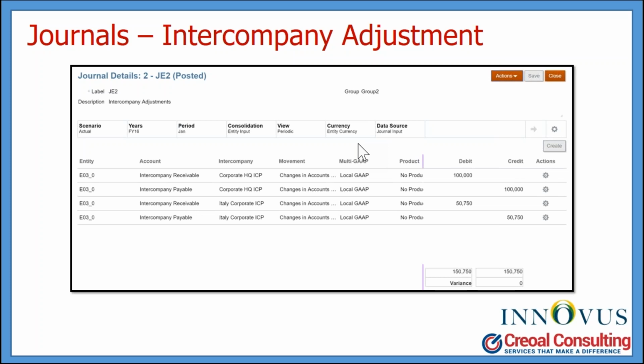But the other use case that you could see is topside entries for things that you just couldn't get in. So if you've got a 3-day close cycle, but you had a revenue event or some type of transaction that you just could not get into your subsystem, you certainly want it reflected in your consolidated financials. We can book an adjusting entry topside, have it reverse in the following month, and obviously book that journal entry in the actual subsidiary ledger, so that your financial statements are accurately reflected, but only those adjustments that are perpetual that relate to consolidation, not the transactions, are pushed down to your subsystems.